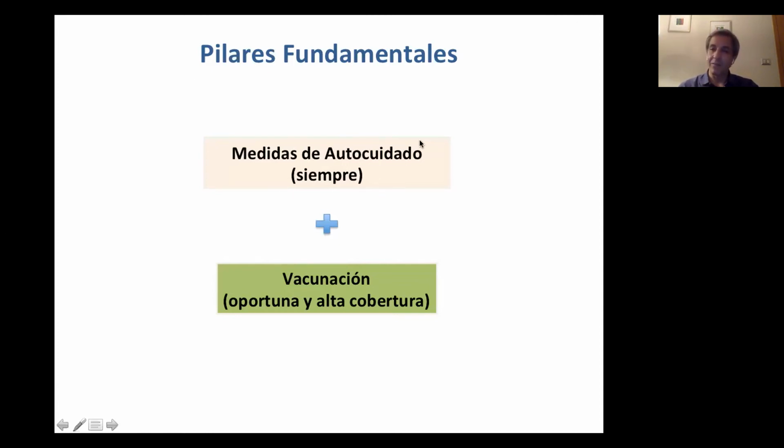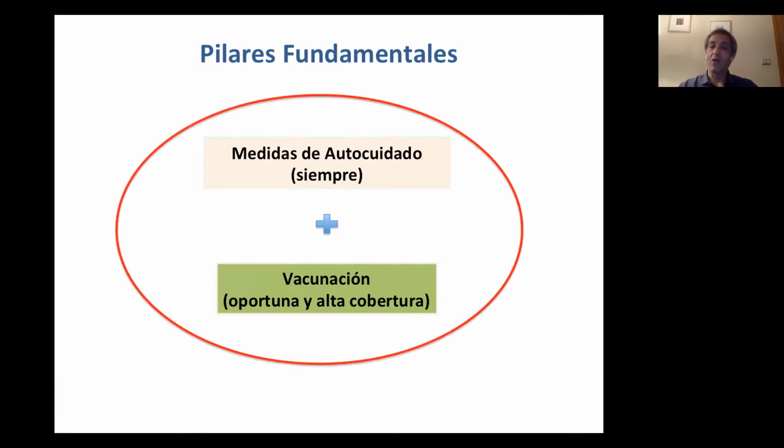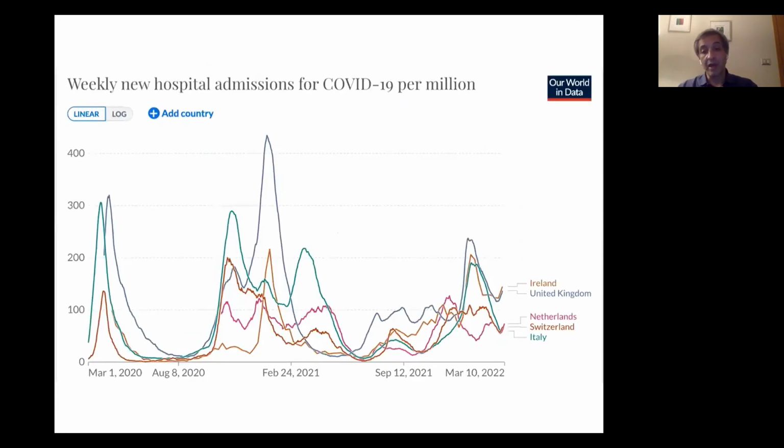So the self-protection measures are very important, but they have to be implemented together with vaccination for COVID-19, and that has to be on time and also with high levels of coverage. So in this way, we can try to avoid what is happening, for example, in the last weeks in Europe, that also are having a small increase of hospitalization admissions